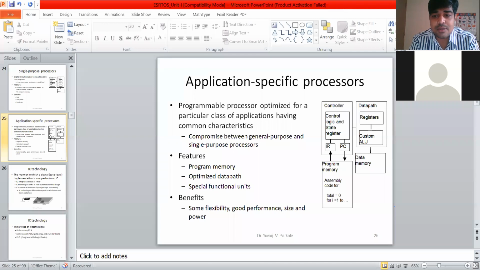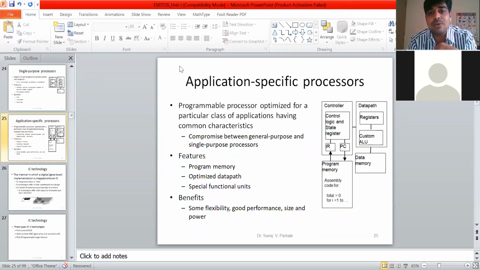It's a hardware descriptive language. In VHDL there are two devices called FPGA and CPLD. FPGA means field programmable gate array. So these two types of devices, FPGA and CPLD, are a good example of application specific processors.